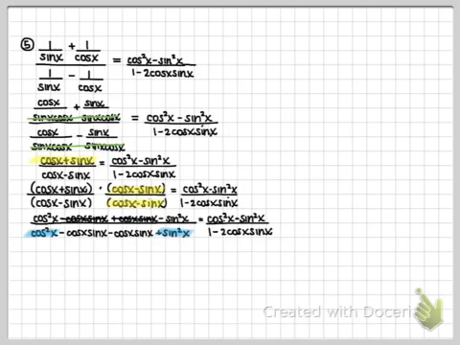Then on the inside, with the negative cosine x sine x and the negative cosine x sine x here, that gives us negative 2 cosine x sine x. So I think we're basically at the end of our proof. So by combining like terms on the top and canceling out the cosine x sine x and negative cosine x sine x, and then combining like terms on the bottom with the negative cosine x sine x and the other negative cosine x sine x,